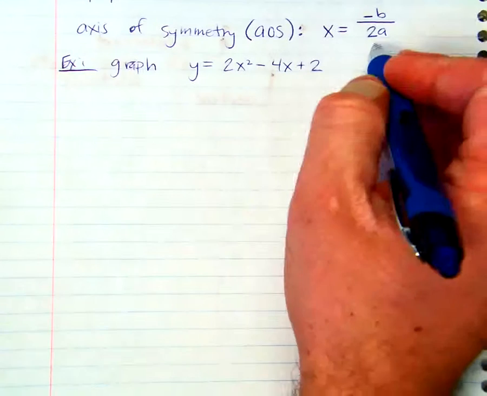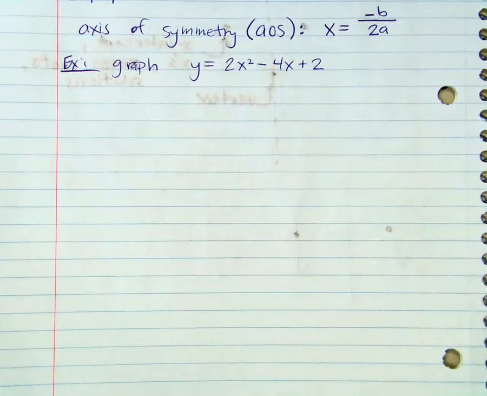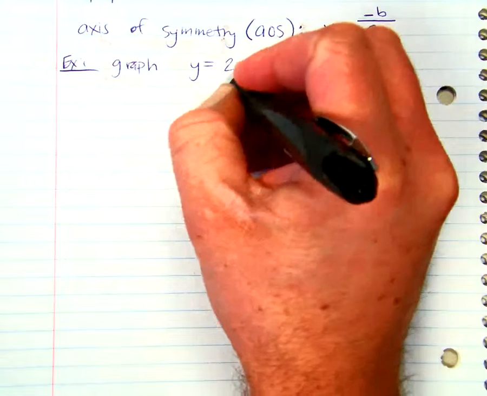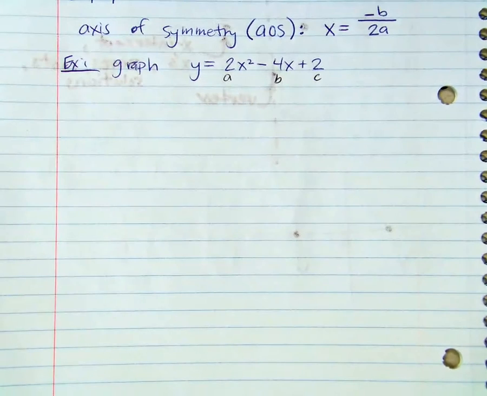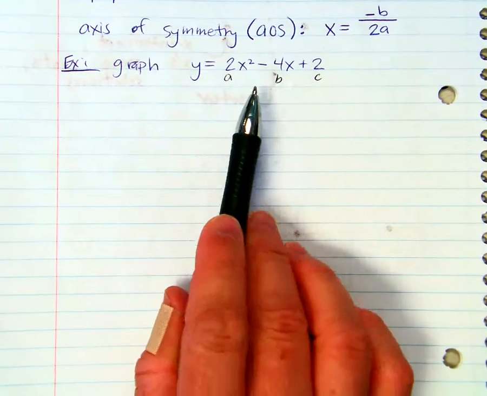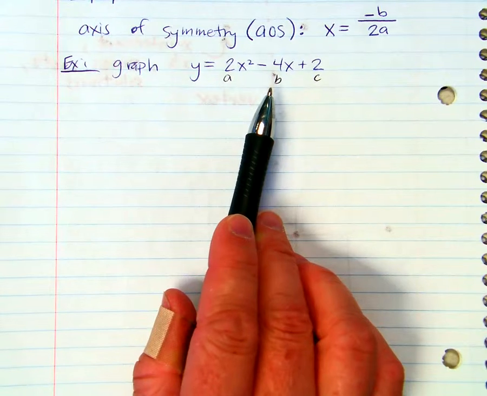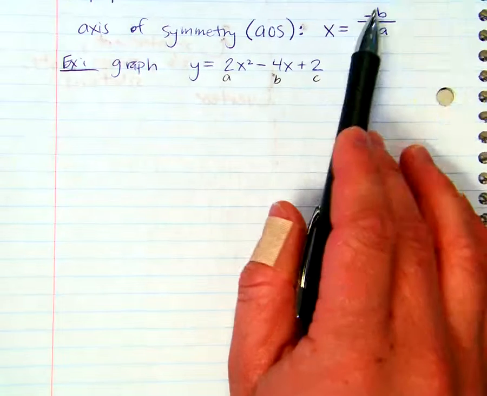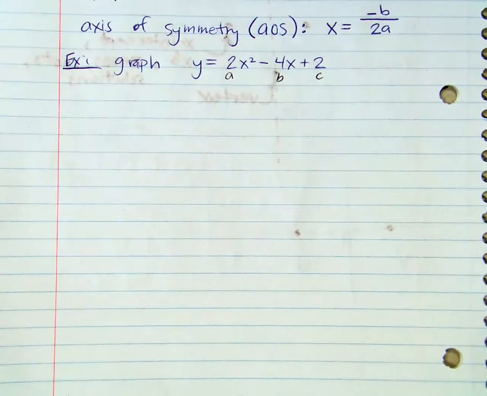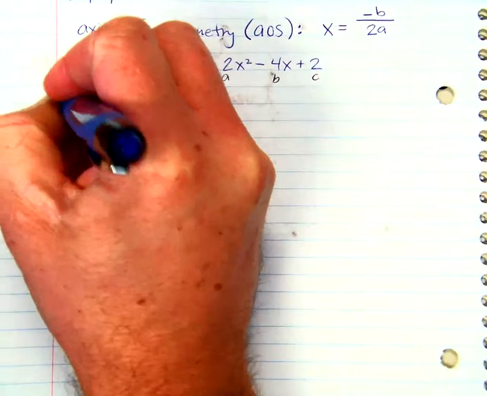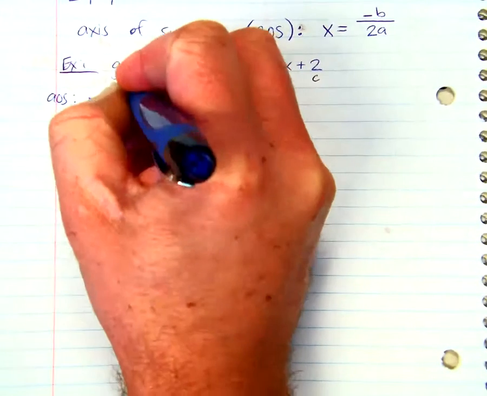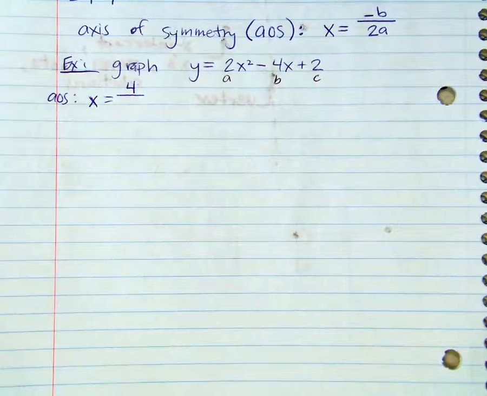We've got our formula here for axis of symmetry. So remember, in every quadratic equation, this is A, and then B, and then C, right? So the formula here, negative B. Which number is B right now? Negative 4. Now right now it's already negative, so if I want negative B, that would be negative negative 4. So what would that actually be? Positive 4. Okay. So our axis of symmetry, AOS, is x equals, we're going to put a positive 4, and